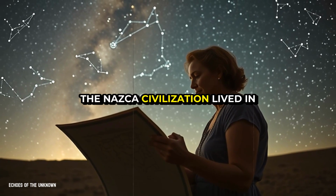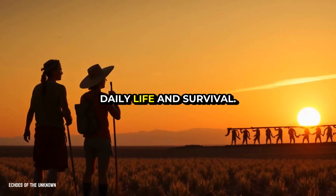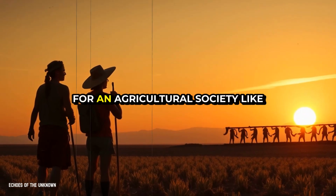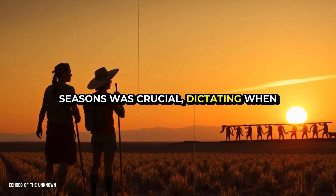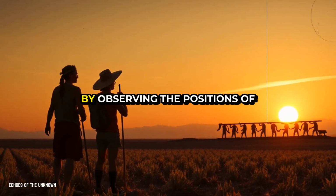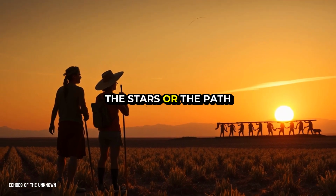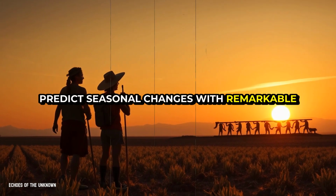The Nazca civilization lived in a world where the sky played a central role in daily life and survival. For an agricultural society like theirs, the timing of the seasons was crucial, dictating when to plant and harvest crops. By observing the positions of the stars or the path of the sun, they could predict seasonal changes with remarkable